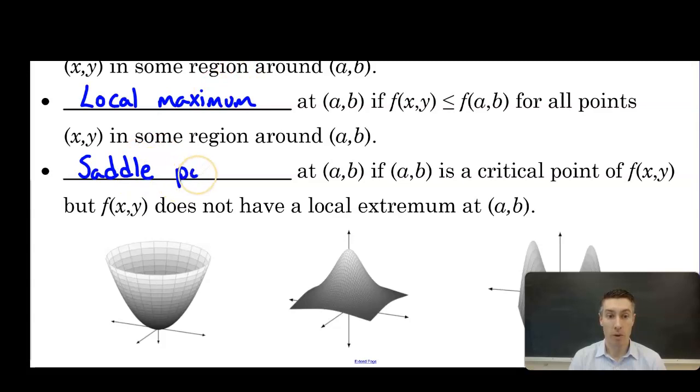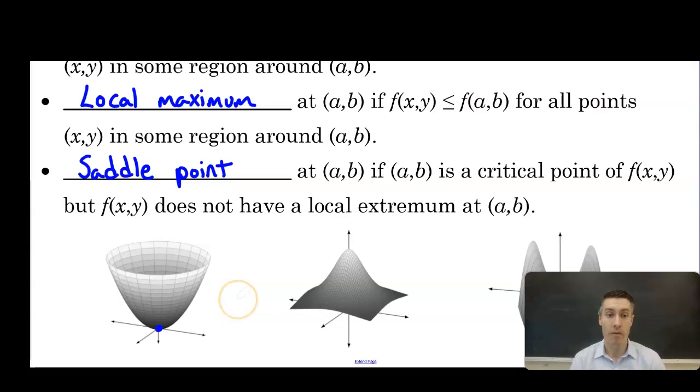A saddle point at the point (a, b) if (a, b) is a critical point of the function but does not have a local extrema at the point. So I have some surfaces here to help us visualize what these look like. In the first example, the origin is a local minimum. It also happens to be an